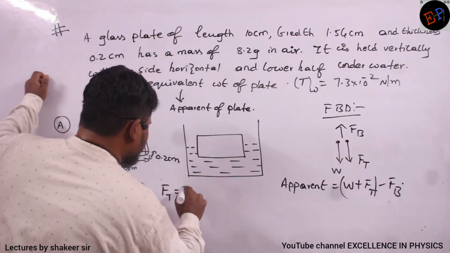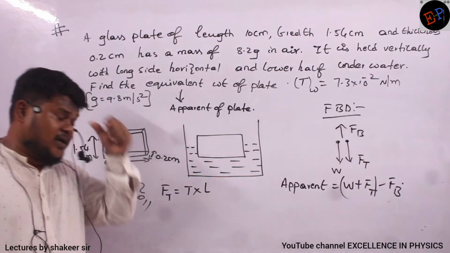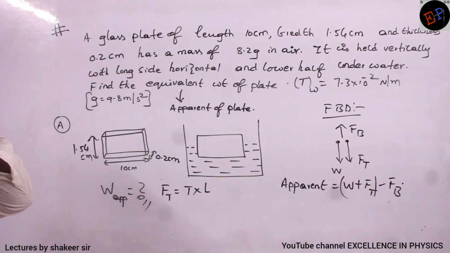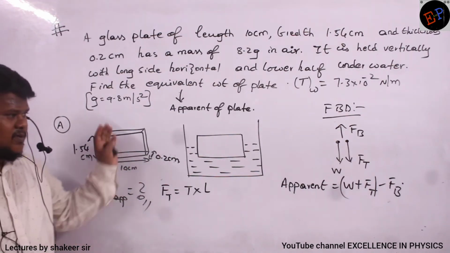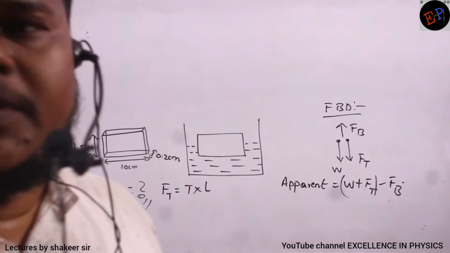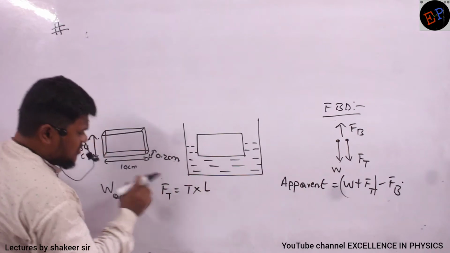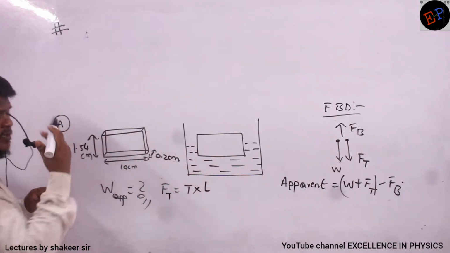Surface tension force is T into L only, no ma? Now can you say what is L value here? L value is how much? First of all, you make a note up to here, ma. We will rub the board and we will write neatly. First make a note of same. So here what is meant by L, ma? L means that length where water molecules are touching.